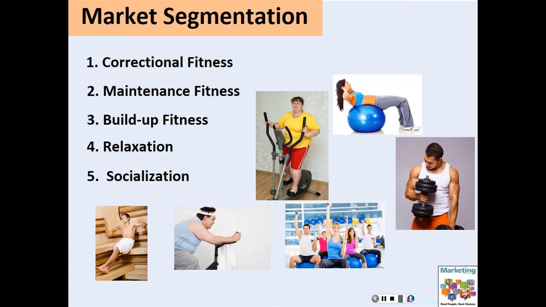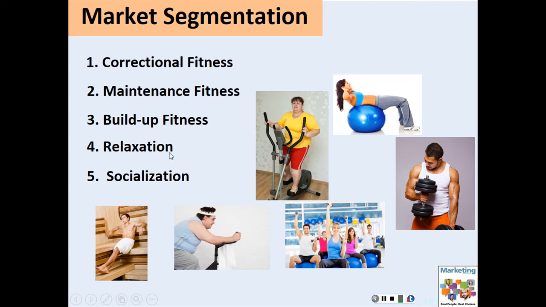As I mentioned already, these people are seeking, this is my scheme for benefit segmentation for this particular product. We could divide the market for exercisers into those who are seeking correctional fitness, and look at which person is looking for correctional fitness. This person probably, and this person. And then there are people who are just looking for maintenance fitness, and maybe it's these people, or maybe it's this person. And then build up fitness, maybe again this person, this person. The picture doesn't tell us the whole story. We'll need to know a little bit more about this person to figure out whether he is in maintenance fitness or in build up fitness.